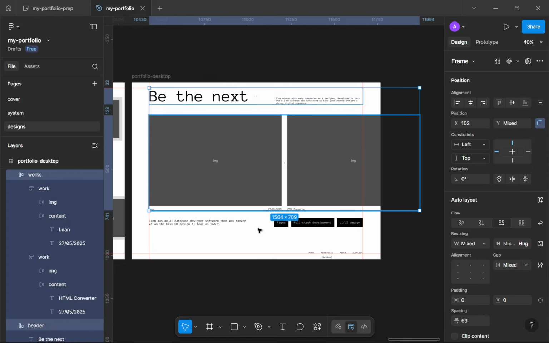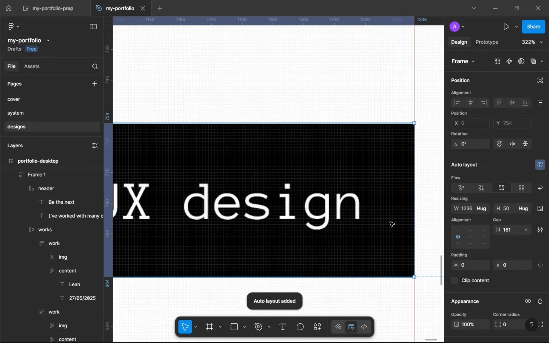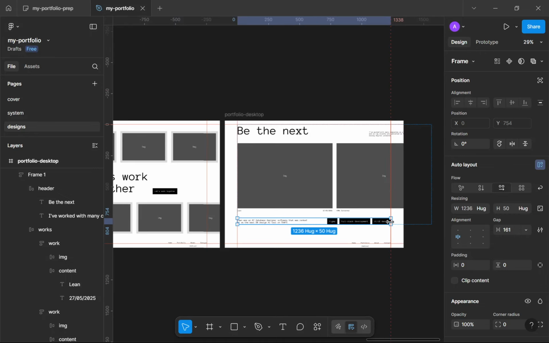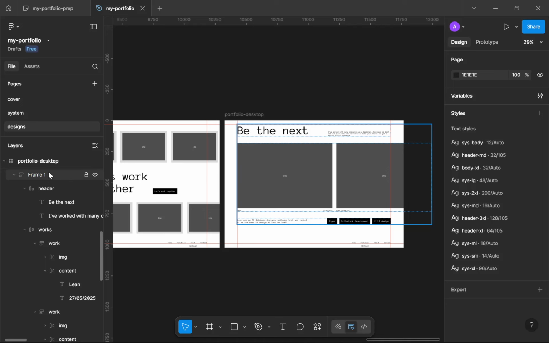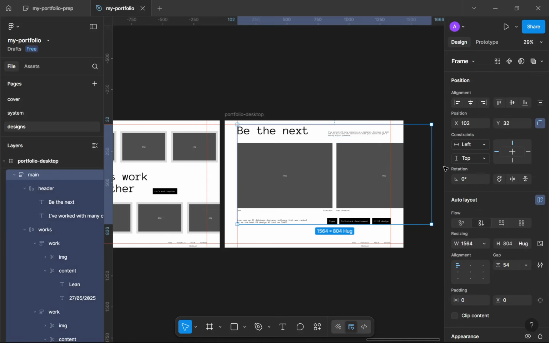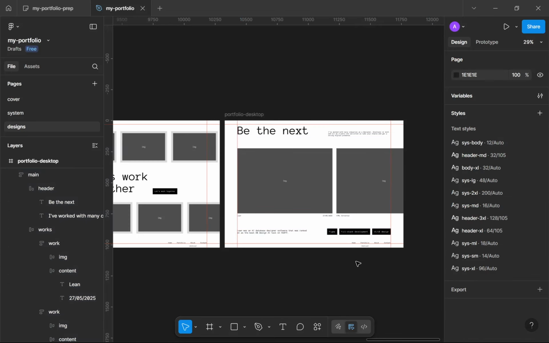So now we want to take all of this here and first of all, I want to make sure this is at the right alignment, and I want to make sure that this is as well. Then here we want to make this the main, and I'm going to go with a gap of auto, and I'm just going to move this down a bit. Okay, so now